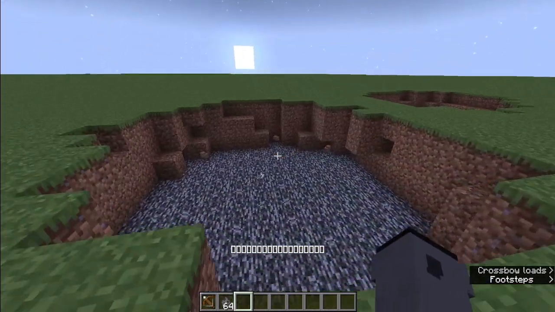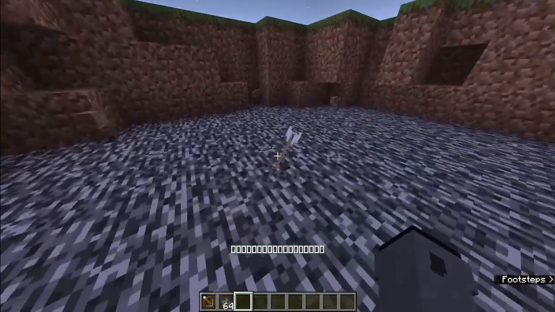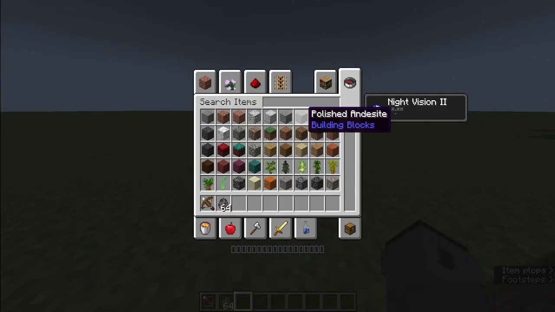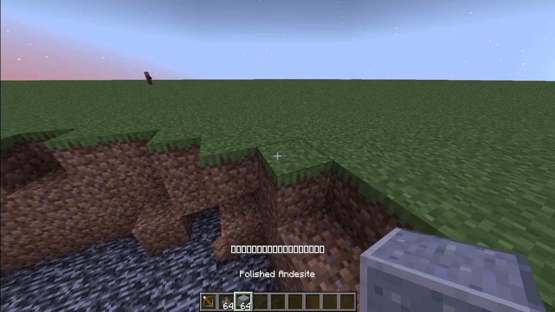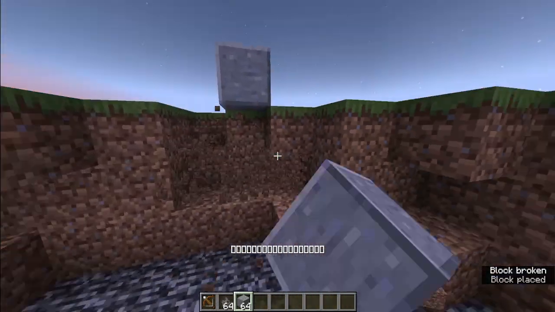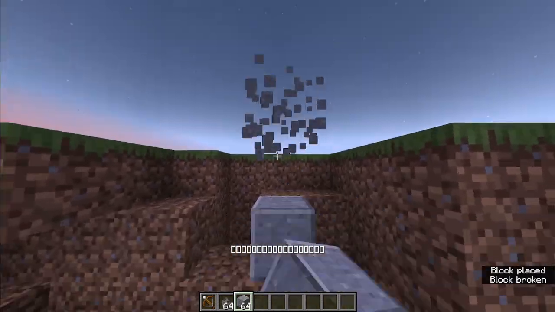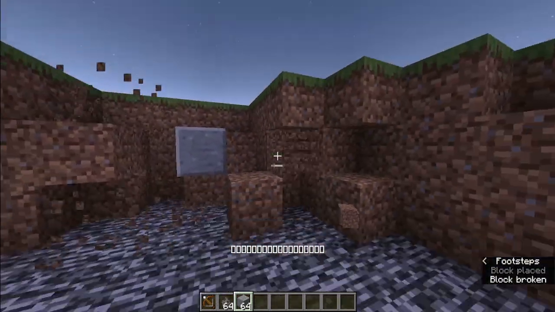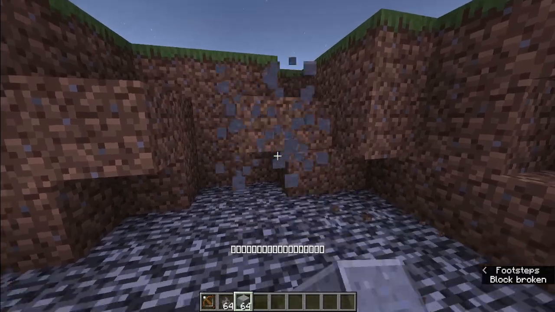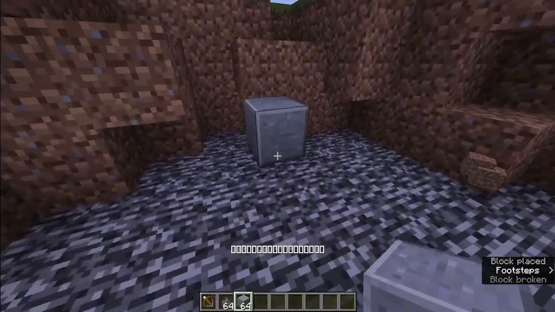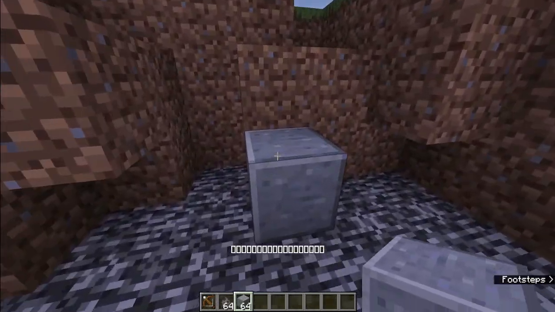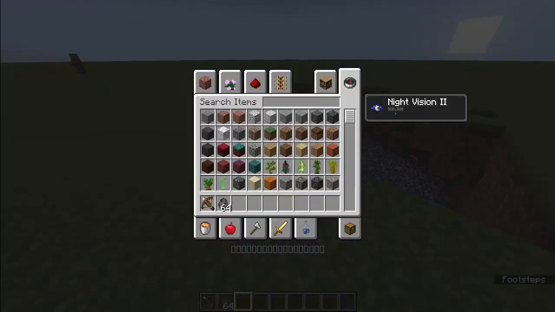But as you could see, it exploded 3 times. Why? Because the arrow, let's think this is the arrow. The arrow hits here, it explodes everything and then it falls. So it hits again, it explodes everything and it falls. And it explodes for the third time. How to avoid this? Just